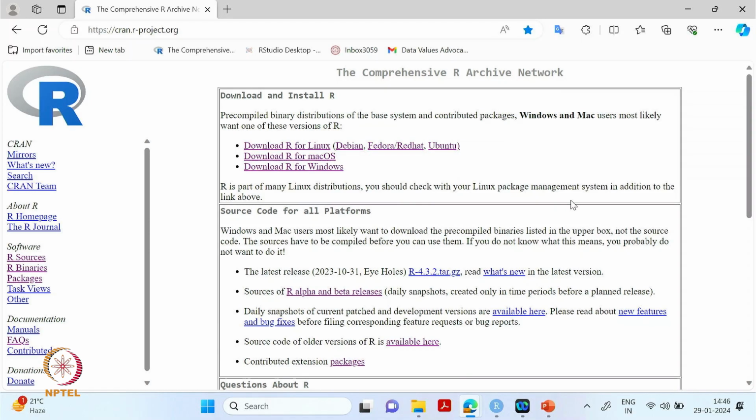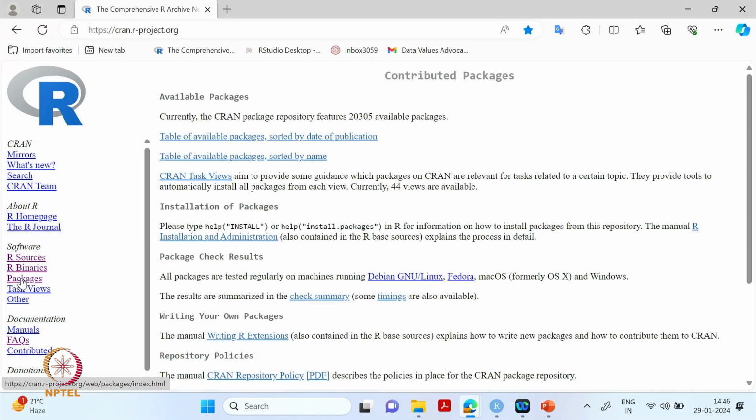Presently R has more than 20,000 packages for different kinds of analysis and computation, and we can see all of them on the CRAN page. This is the same page where we started our first lecture when we installed R. On the left-hand side there are different details, like mirrors, but under Software you will find Packages. If you click on Packages,